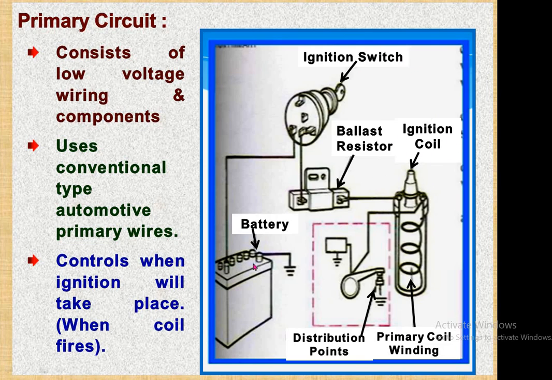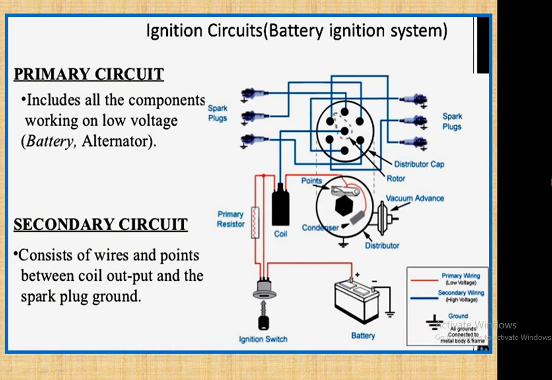That all are connected in the series. See, you say this is the series. The primary circuit consists of low voltage wiring and components. Use conventional types of automotive primary wires. Controls when ignition will take place when coil fires. This is the ignition circuit we can say battery ignition system in which primary circuit as well as